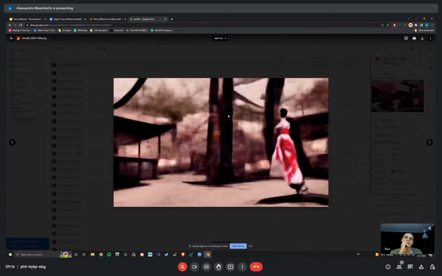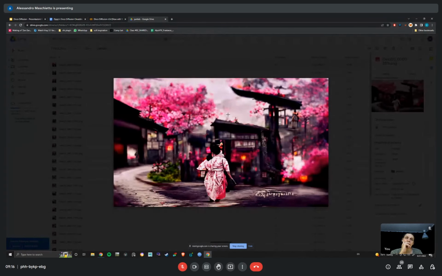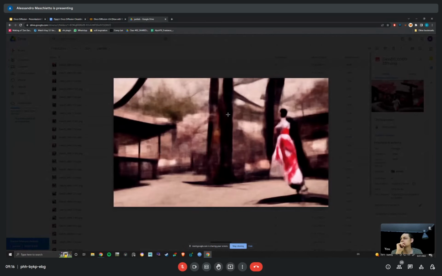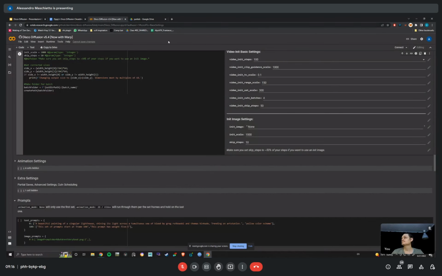But anyway, you can use a starting image. Instead of giving you these weird lines, it would start with the silhouette of the image that you want, and then it will start refining on top of it. So, for example, if you have a character with an armor and you want it dressed up like flowers or decorations or whatever, you can say, okay, spit me out something from the 1800s, and you can start working with that idea. Animation settings, we don't care.